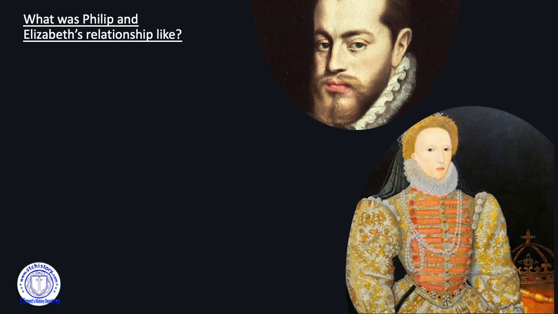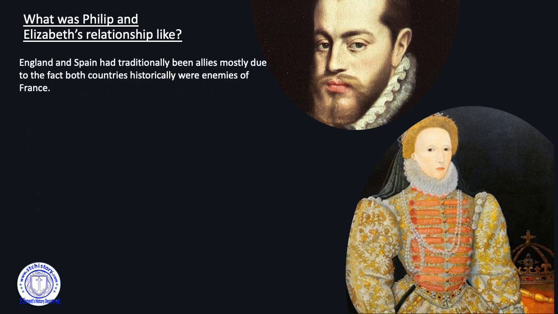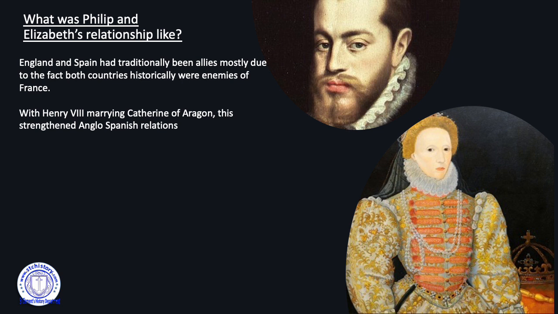We know that he's not happy that she rejected the marriage, but they have had this traditional alliance. Remember, he was married to her sister, Catherine of Aragon was Spanish, marrying Henry VIII. So England and Spain has been generally okay. I feel like they were okay when they were brother and sister-in-law. Just this one teeny tiny disagreement they have on religion. All right. So how it goes sour very quickly.